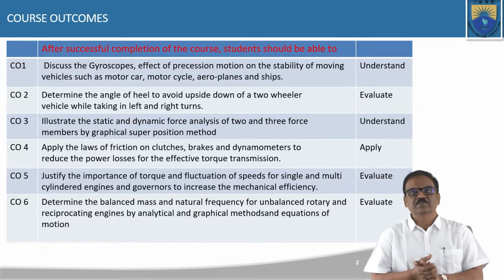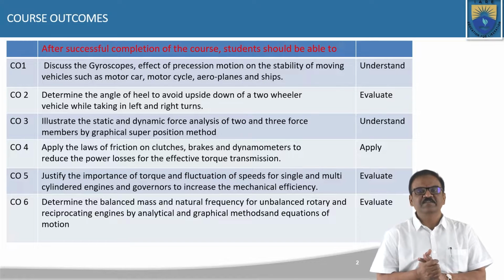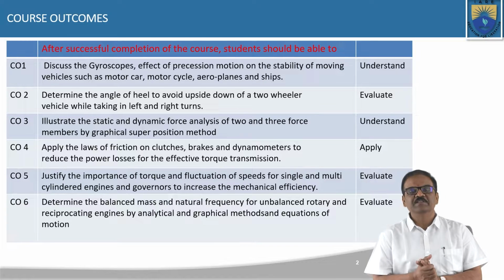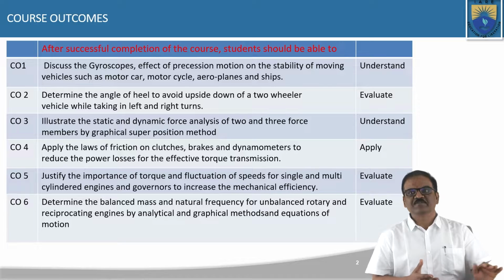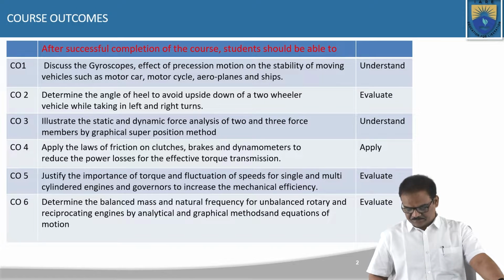The course outcome that will be met from this topic is course outcome 4: applying the laws of friction on clutches, brakes, and dynamometers to reduce the power losses for effective torque transmission. Further to this,